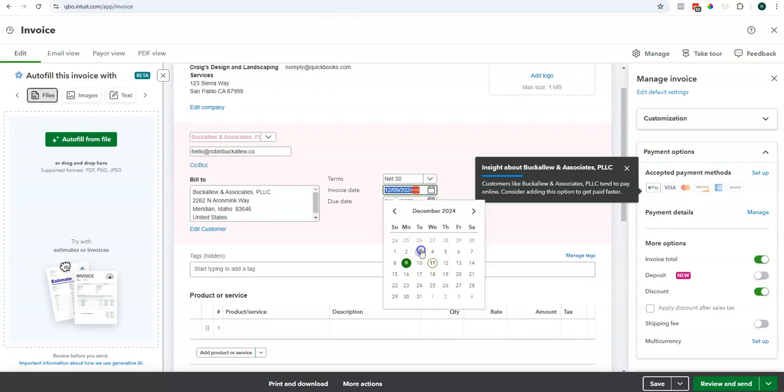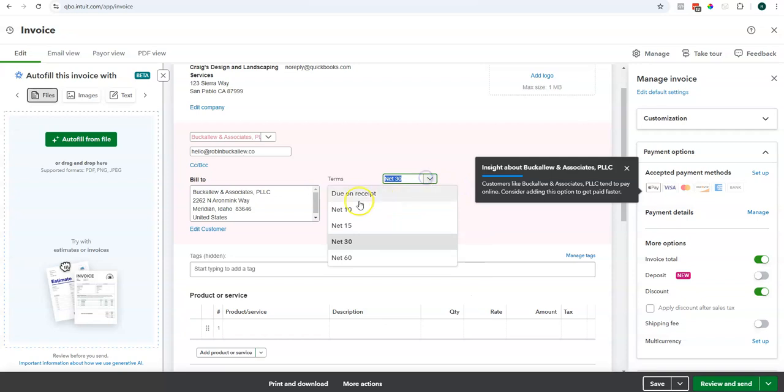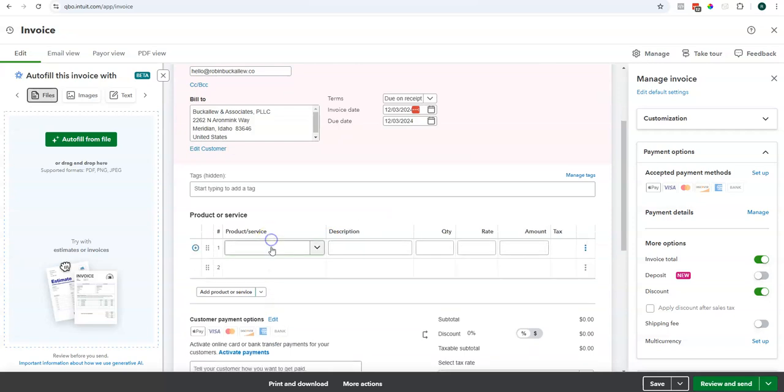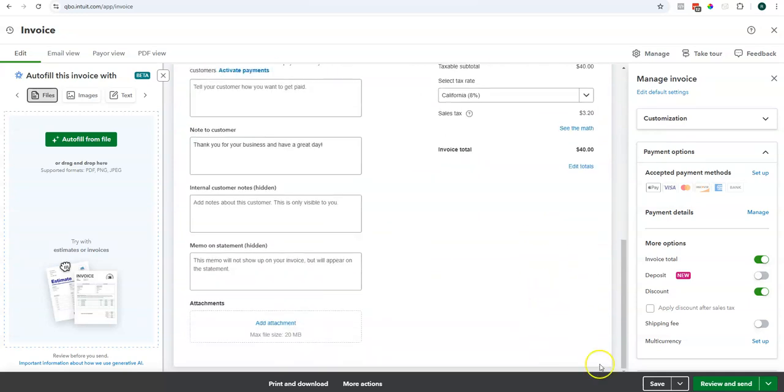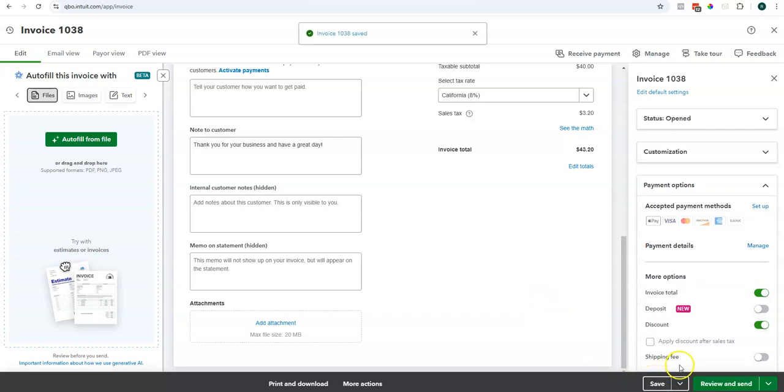And let's just make up some dates here. Let's say it's due. We used to have a wonderful option here. Oh, here we go. Due on receipt. So that way I don't have to sit here and change the dates. We're going to pick a product or service. And I just want to hit save. And then I'm going to create another